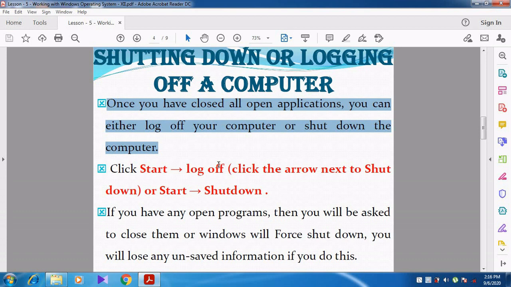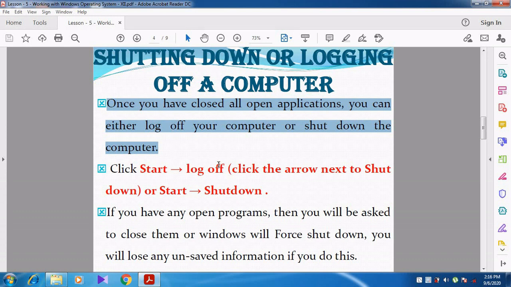How to log off the computer? Whenever you are logging off, even if you have not closed any application, file or folder, everything you have opened will be closed.